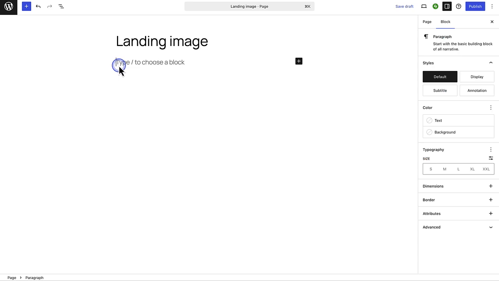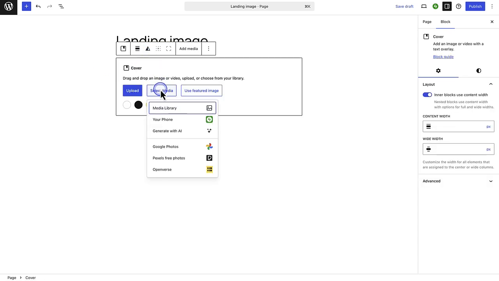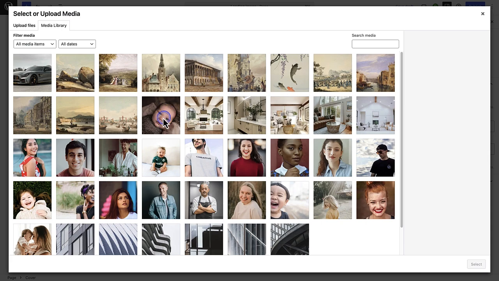Now I want to show you how to use the cover block to create an eye-catching landing image for your site. To create a landing image, we are going to add a cover block, select an image from our media library,